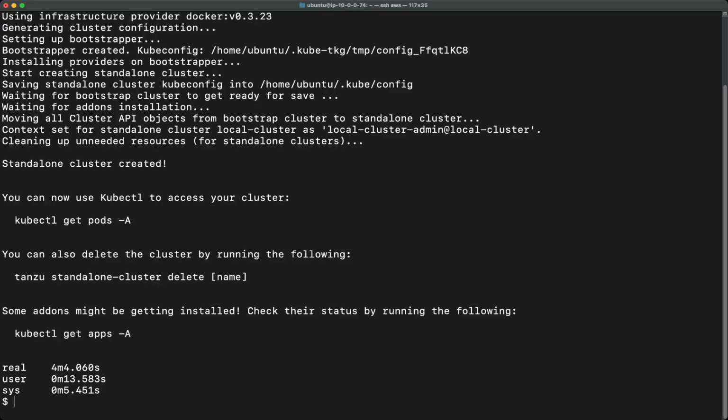Hey, I'm back. It took around 4 minutes to actually create the local Kubernetes cluster. You can see that it says the standalone cluster is created, and you can use these kubectl commands to actually access your cluster. So now if I actually try to do this,